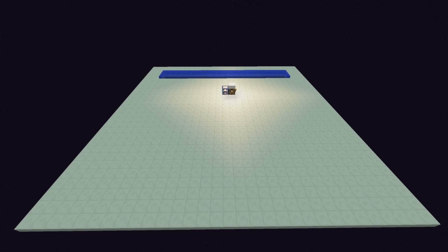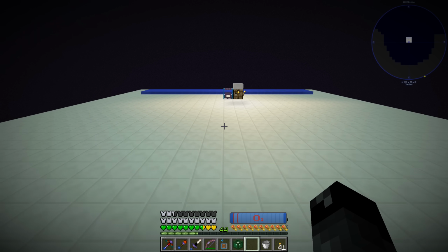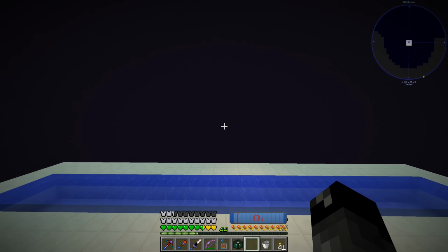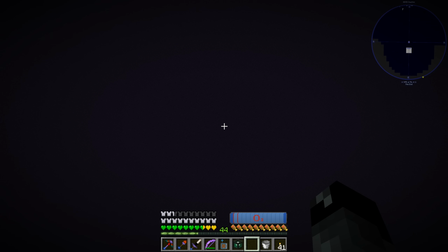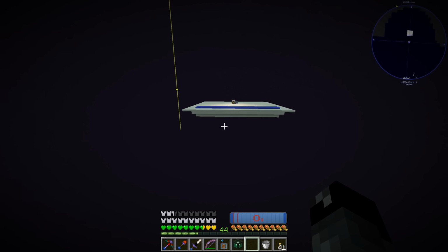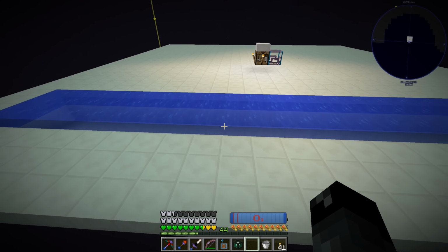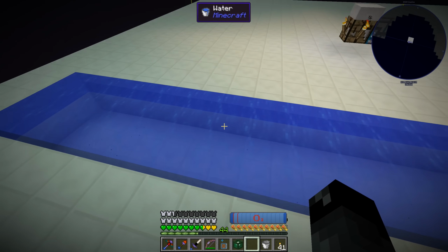All right, guys, so here we are in the end. I flew out a little bit away from where we enter the end. The main end island is over here. If we fly this way, we could see it start spawning in a little bit. Anyway, so we're out here in the complete void. I built this platform out of slabs so Endermen are not going to spawn. And then I just made a little lake here, 2 blocks deep,